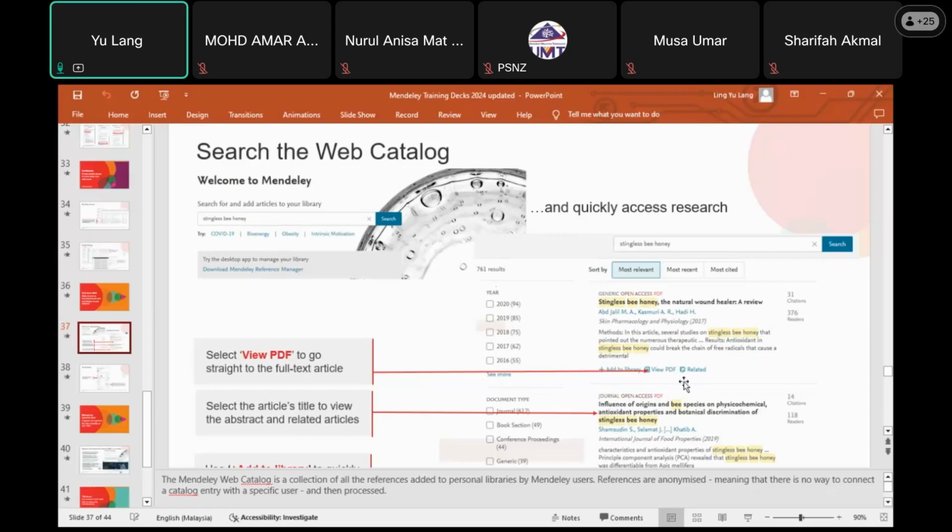Okay, add to library. Then it will add this particular reference to your library straight away. But if you right click at the title, then you open this individual article or document in a new tab,